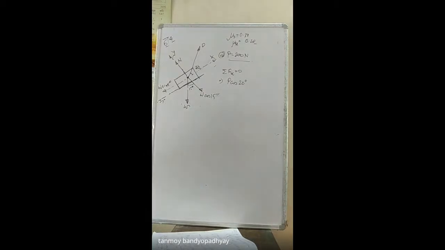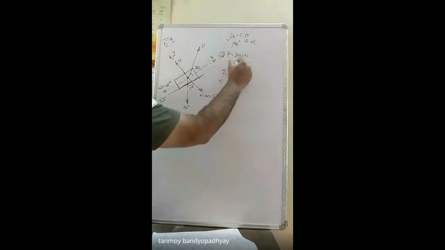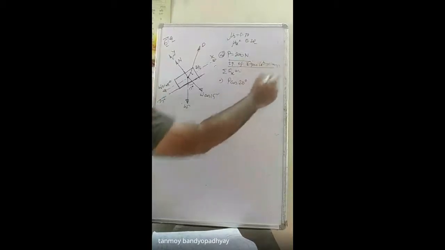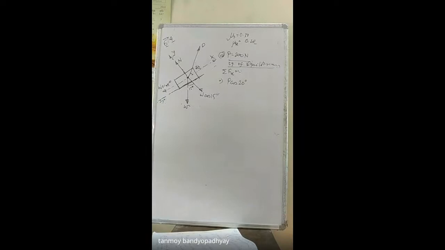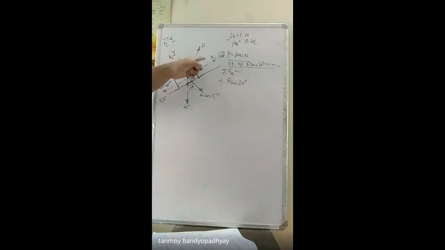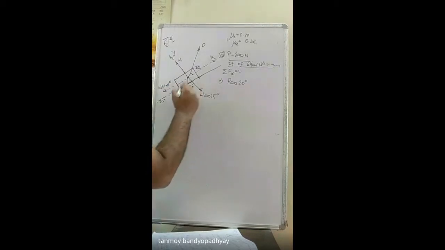When I am writing the equations of equilibrium, in this case I don't know in which direction the body will be moving, because I don't know whether the body has started motion or not. But the general tendency of the body is to slide down. That is why the frictional force acting on the body will be in the upward direction. Had we known that the motion has started or is impending, the friction would change its direction and act downward. But since the body has a general tendency to slide down, if I keep a body on an inclined plane, the frictional force will act in the upward direction.